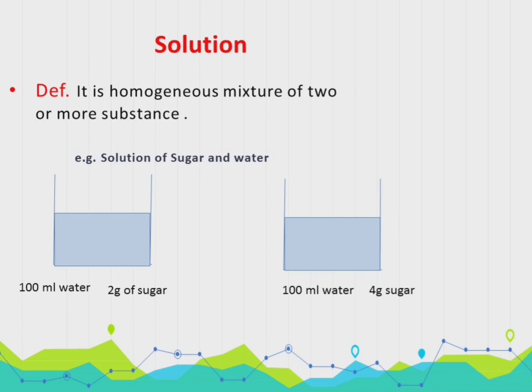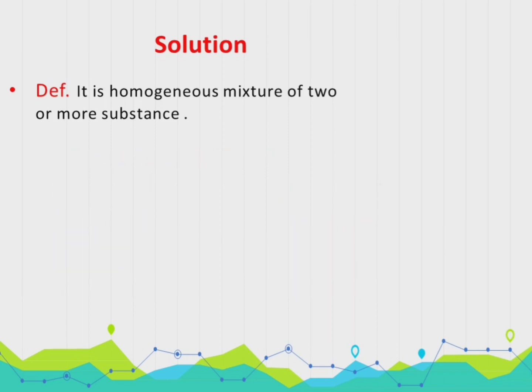Now the second point from the definition is that it is homogeneous in nature. It means that we have uniform composition throughout the solution. Again take the same example, that we dissolve 2 gram of sugar into 100 ml of water. Then after dissolution we will have the uniform composition of the solution, because you cannot differentiate between pure sugar and pure water. So from this we can describe a solution as one in phase with uniform composition and there is no chemical change.